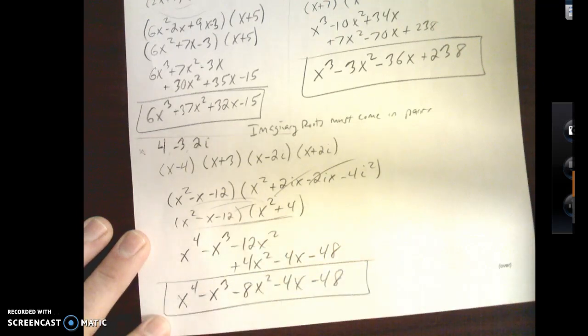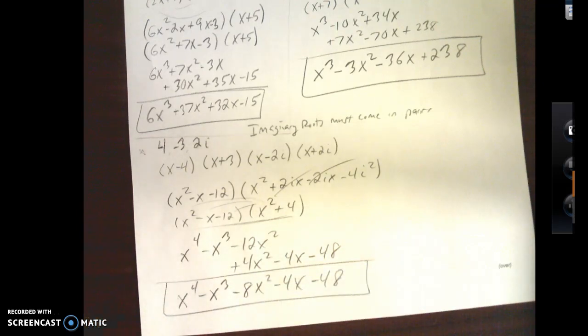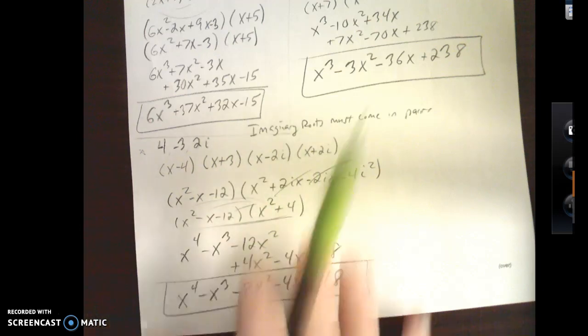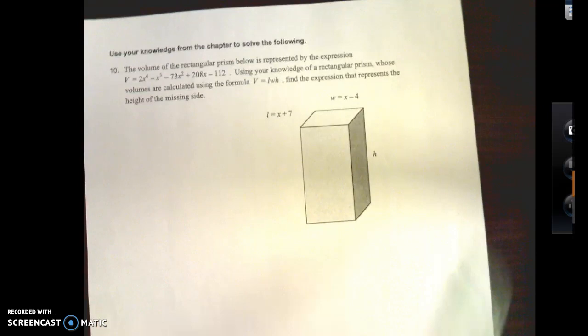There we go. Okay. So, it should make sense. I mean that we have x to the 4th for this one because we technically have 4 answers. We have 4, negative 3, and then positive negative 2i. Okay. Wonderful. All right. To wrap this all up, then we have our last and final problem, and